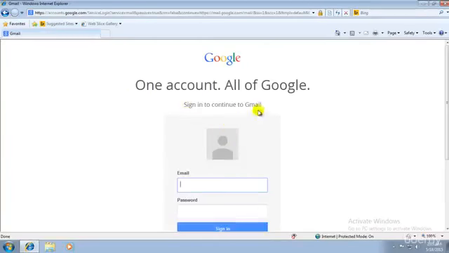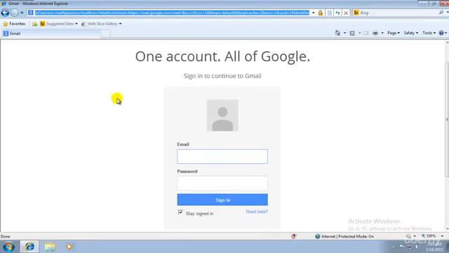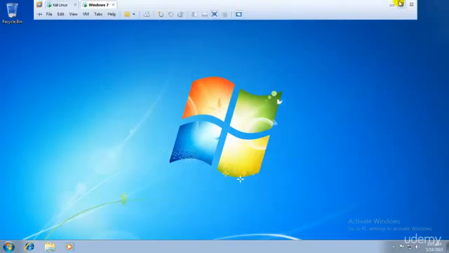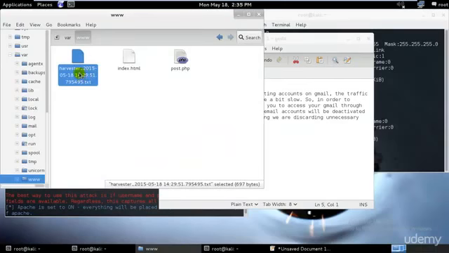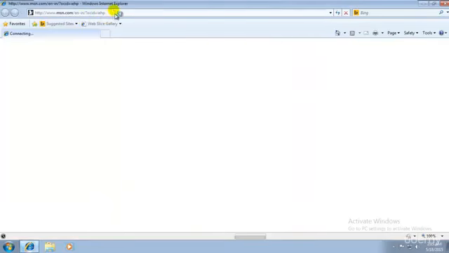So nothing happened. If I had an actual one, then I would have actually been redirected to the original web page. As you can see, I am back to the original web page over here. So the user will not even think that this is a fake account, and I'll just close this one. And what you could see over here is that as soon as he enters even one time, I will already have his username and password over here in the harvester txt file. So I will click open over here, and you can see we have the password over here, random dumb person. And let's say if he tries to access that once more, and if he tries to access another email,